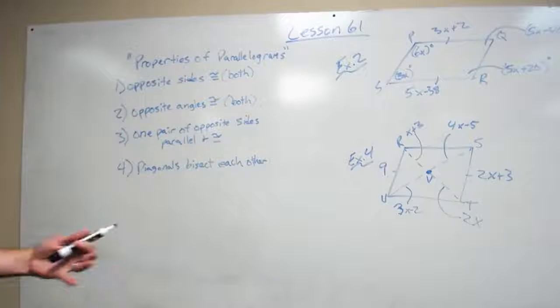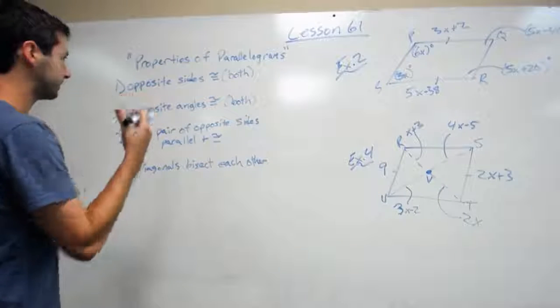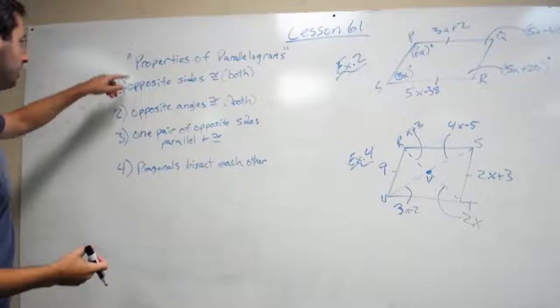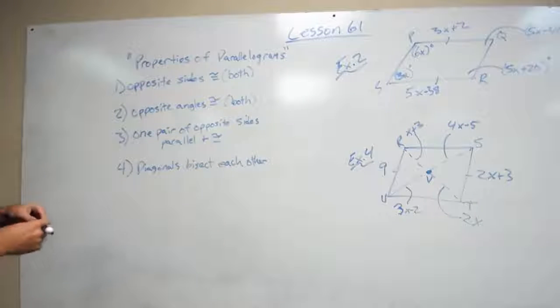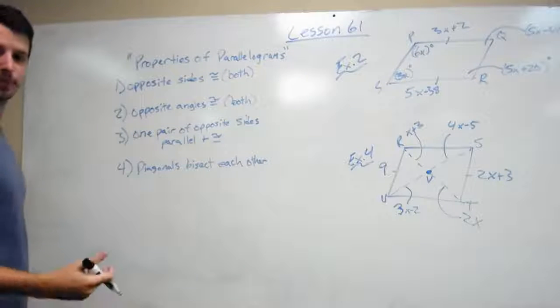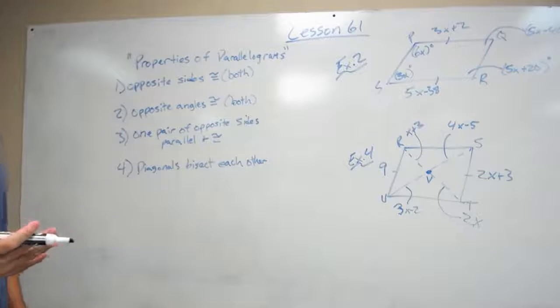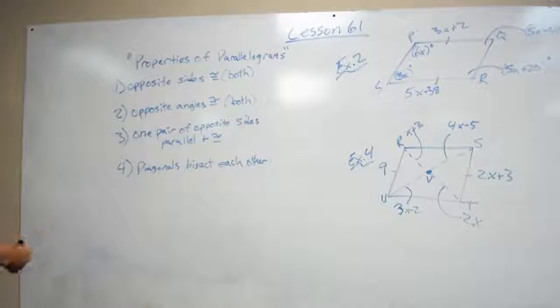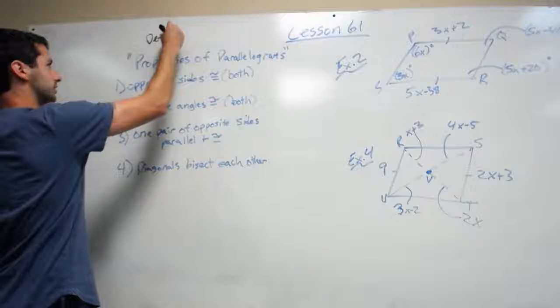In lesson 61, we're going to look at how do we determine if a quadrilateral is a parallelogram. In order to do that, the first thing we need to know is our properties of parallelograms. And remember, the main thing about a parallelogram is that opposite sides are parallel. This isn't one of the properties. That is just what a parallelogram is. Opposite sides are parallel. But now we are determining if a quadrilateral